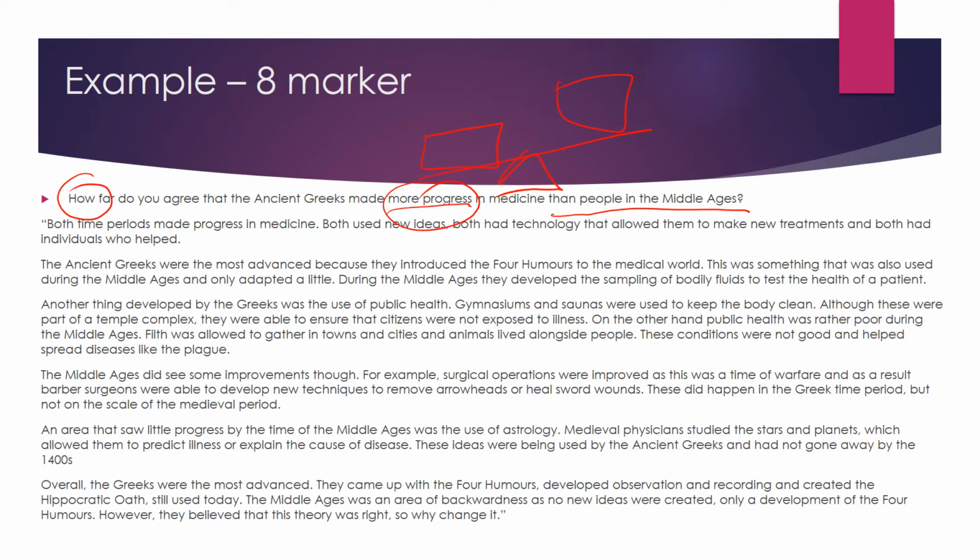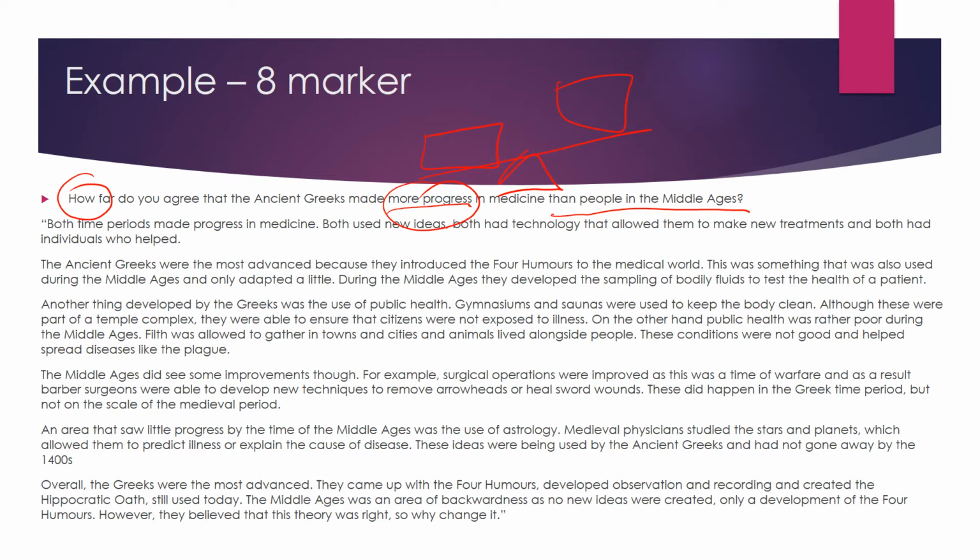Okay, so the best way to do this, as it's shown here, is to try to talk about 2 fors, 2 against. 2 reasons to say that the Greeks did make more progress than people in the Middle Ages, and then 2 to suggest that actually in the Middle Ages things weren't that bad and they did progress. Ideally, we really want to see a combination. So you don't just talk all Greeks at one point and then all Middle Ages. It would be nice to try and see you talk about both.